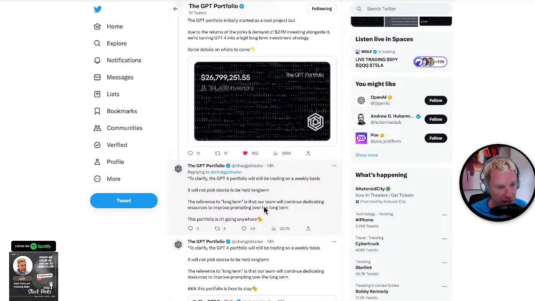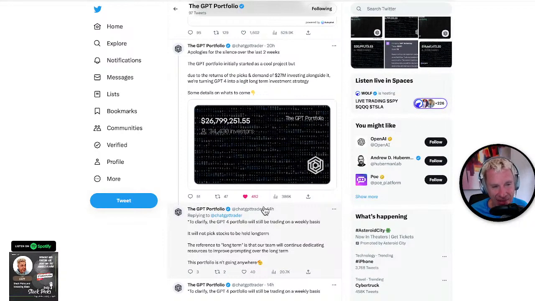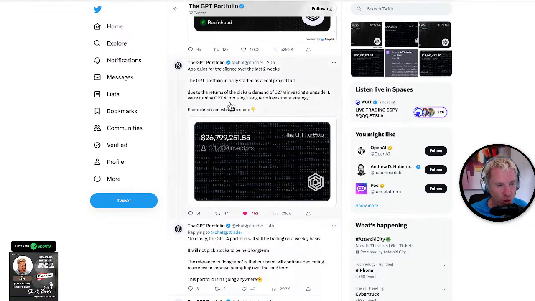So I want you to be, again, they have $27 million. What they say is, due to the returns and the picks and demands of managing a $27 million portfolio, we haven't had time to post on Twitter. Well, that kind of makes sense. What they're doing is taking private money and investing it for other people. That's where they, 35,000 people they communicate with regularly. Twitter, nobody's paying them, so I don't blame them.